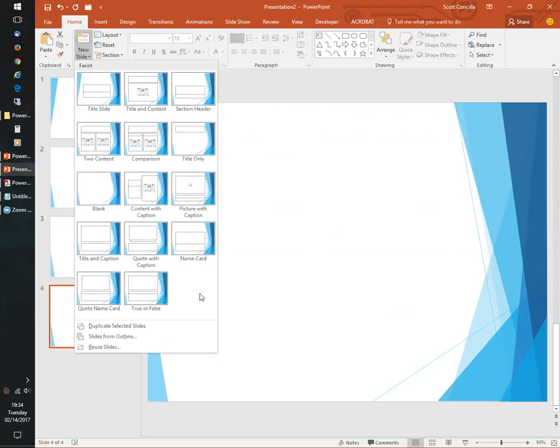Why would you want to do that? Because maybe that freeform layout that you're creating, you actually need several times in your presentation. And if you try to freeform it every time, it might not look consistent. As a matter of fact, it's probably going to look really darn sloppy. So instead of freeforming it here, you might want to create your own layout and then just reuse that layout, okay?